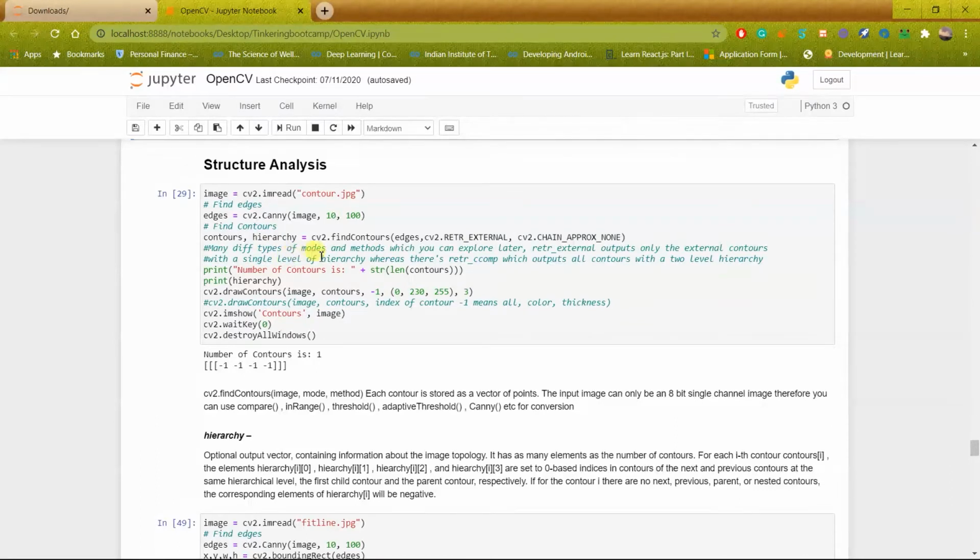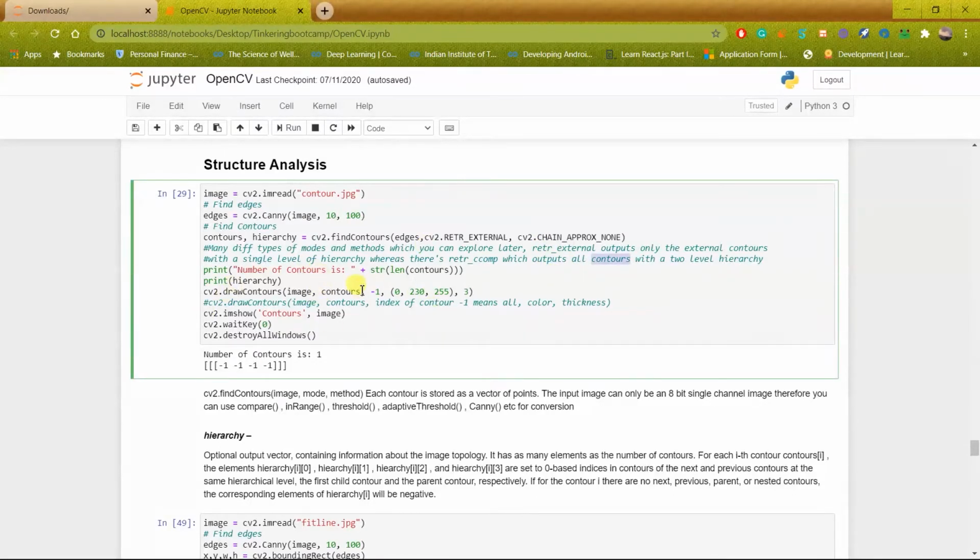Many different types of modes and methods are present, but very commonly used are cv2 dot retr underscore external and cv2 dot chain approx none. You can read about them on the internet if you want.